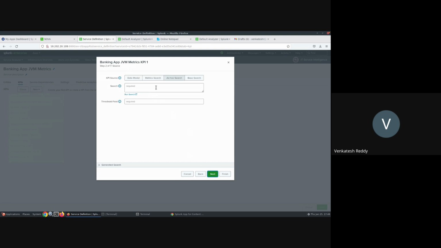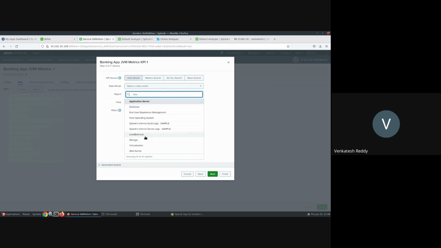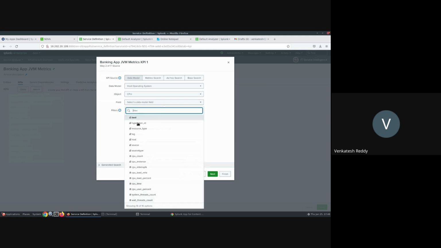And you can add the KPIs from ad hoc search or base search or metric search or from the data model. We have a few data models here, like we have host operating system. If you want to use CPU, and then a CPU percentage or something.